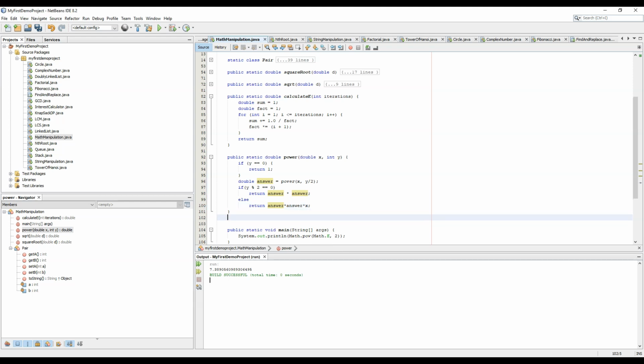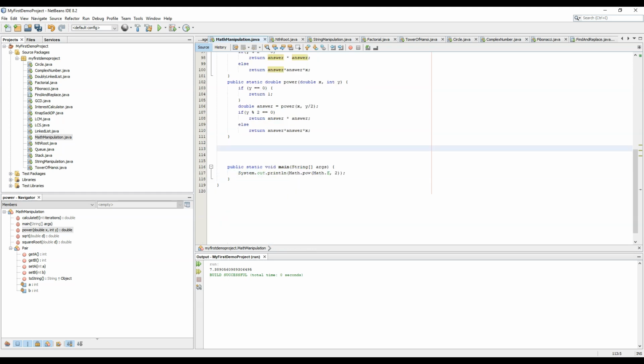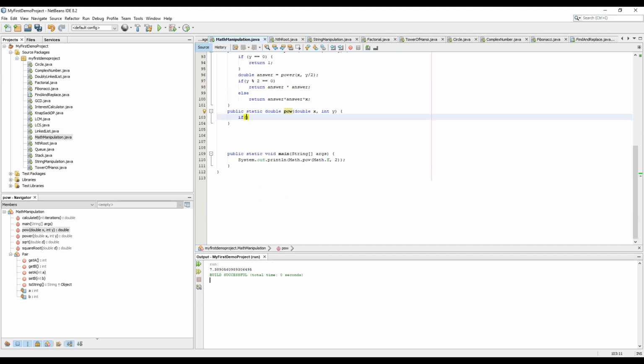Now let's create another function. We just need to copy the signature and rename it to pow. This time, if y equals -1, then we need to reciprocate the answer.